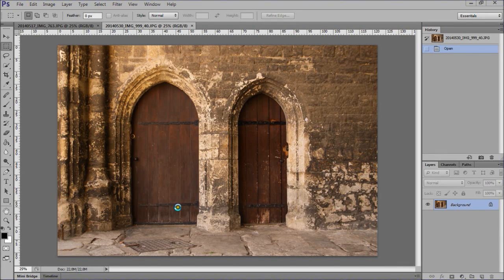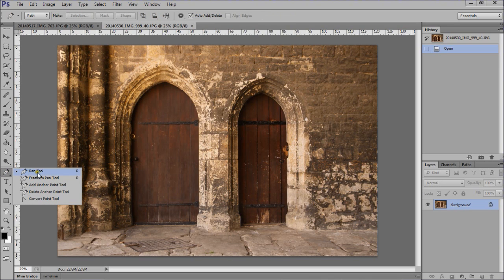Okay, so this tutorial is going to show you how to use the pen tool. And you can use the pen tool to make selections and cut out objects and move them around. So if we start over here by selecting the pen tool, make sure you selected pen tool. There's a few other options here, but we want to use the pen tool. The other thing to look for is that it's set to path,